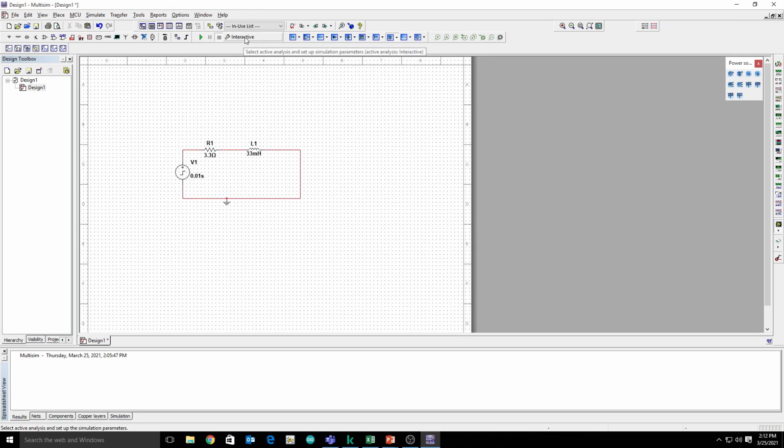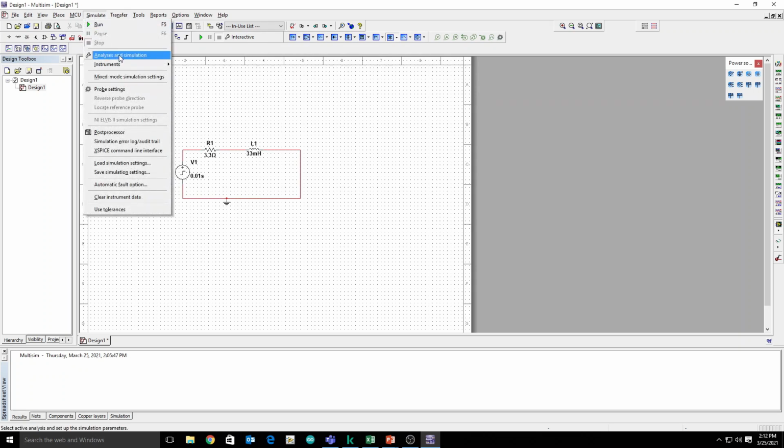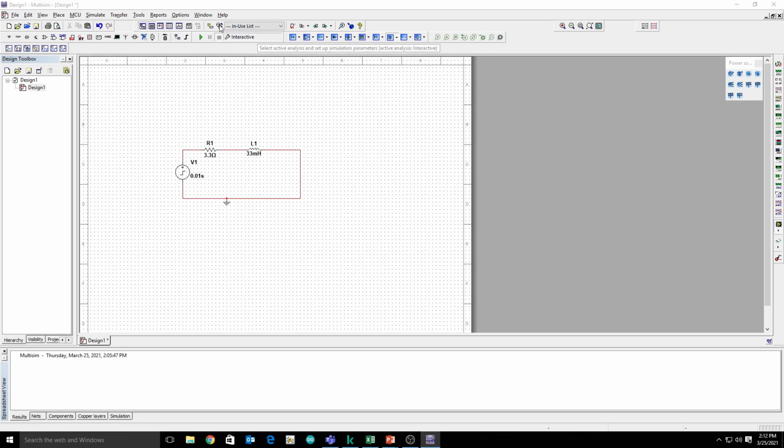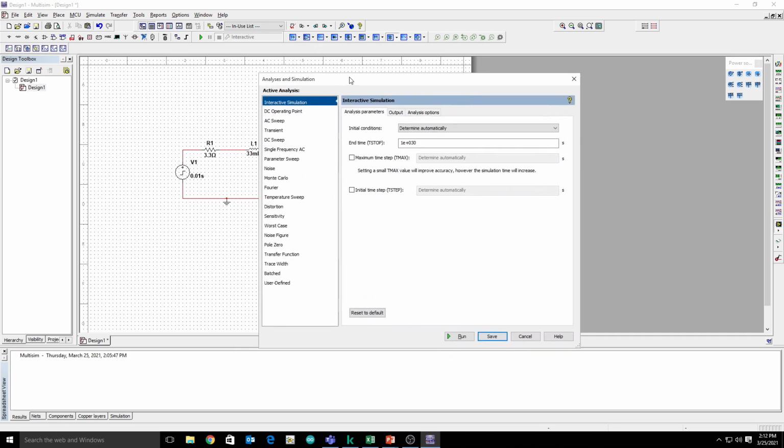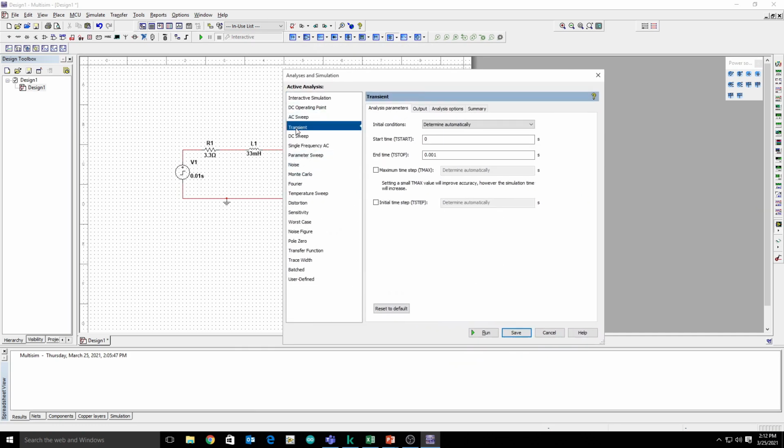Now we are going to go to interactive simulation, or you can go from analysis and simulation as well. I am going from this point, interactive and transient. You select the start time, 0, and the end time; you have to tell it at what time you are going to start and stop. My stop time will be 0.06, and I'm checking this option.